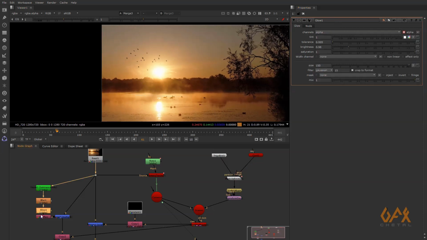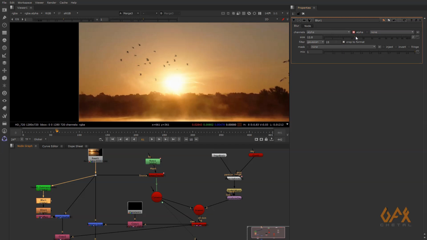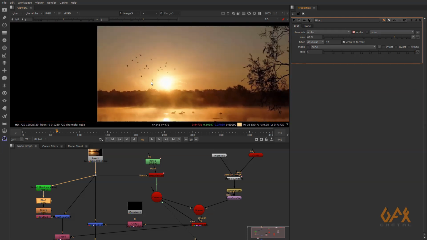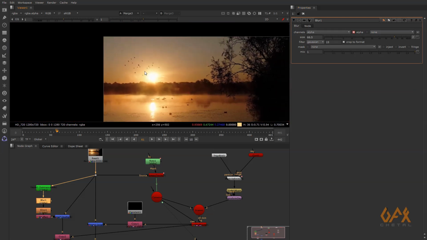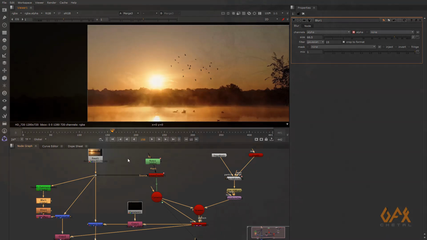You can increase the glow to impact all of those birds. So I just increase the brightness, just increase the glow, increase the blur to impact on this blur. So I just show you the final output of this thing.